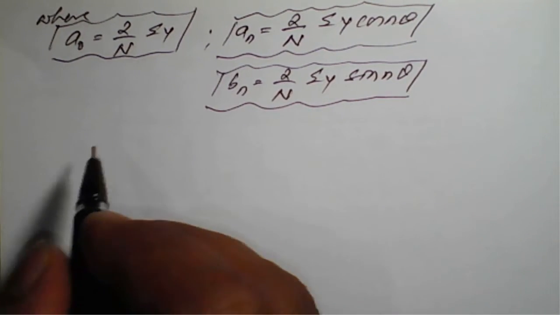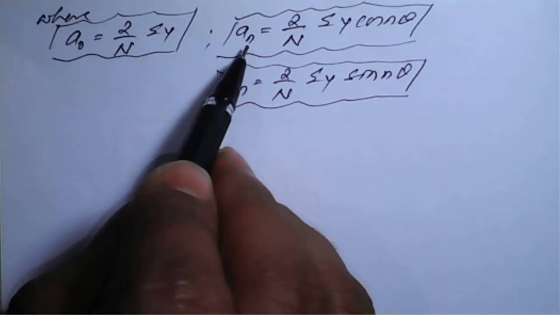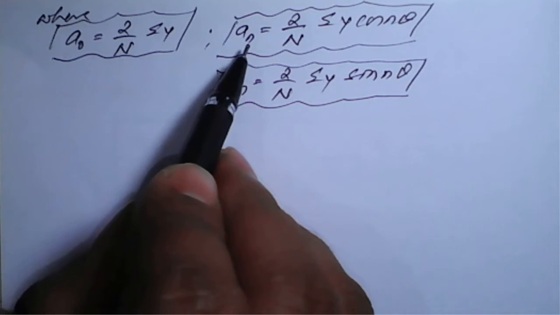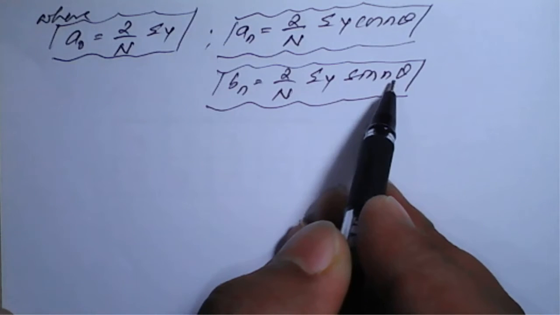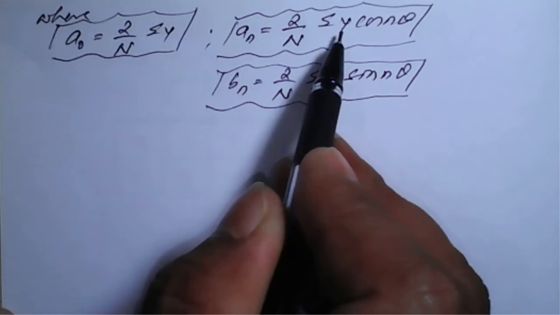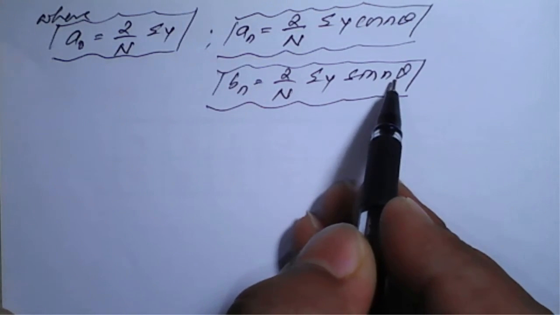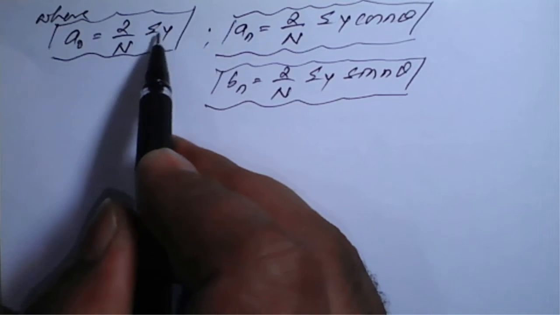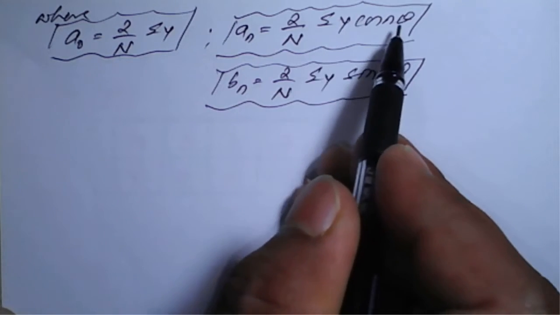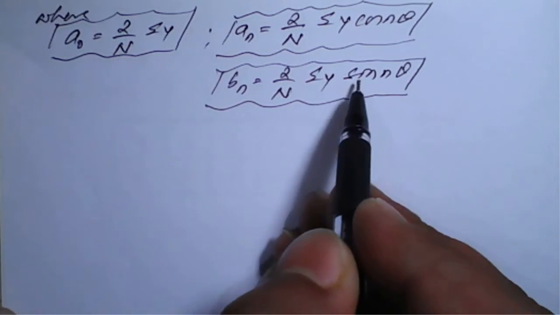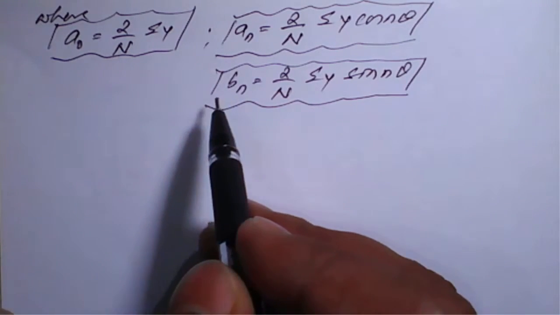With the help of this, we will proceed one by one. We need the a1 value, which needs y cos theta, and b1, which needs y sin theta. For a2 we need y cos 2 theta, and for b2 we need y sin 2 theta. So we need to find the summation of y, y cos theta, y cos 2 theta, y sin theta and y sin 2 theta, because we need to find a1, a2, b1, b2. Let's see the table now.